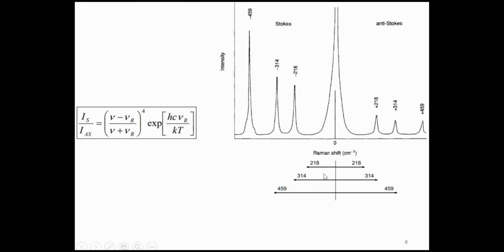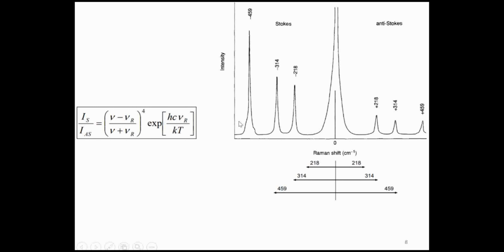Okay. So already I have told you that anti-Stokes will be less probable, as there is an energy increase in excited photons, that is less probable. So that's what the Stokes and anti-Stokes vibrations are. Okay, so we can see from here the intensity of Stokes upon the intensity of anti-Stokes. So since omega minus omega r and omega plus omega r are equal, this will be 1, and exponential of h mu c vibrational r by kT. So this will be a positive term, some positive number. So I_S equals I_AS into some positive number. That means the Stokes intensity will be higher.